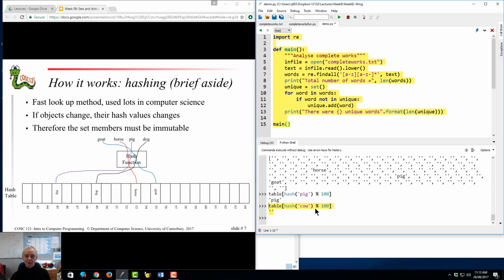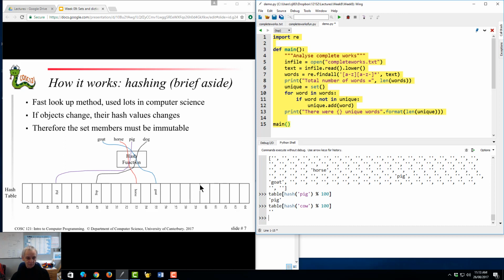Well, actually, some of you may have noticed there's a potential problem. If these are sort of random numbers, what if another animal, a Saskatchewan millipede, lands up on top of a pig? What do we do? Well, in that case, I have to put our Saskatchewan millipede somewhere else in the table, and that's called rehashing, and you'll learn about that in COSC 122. This was a quick look, and please do 122. It's a great course, and it'll teach you all about data structures and how we do a lot of clever